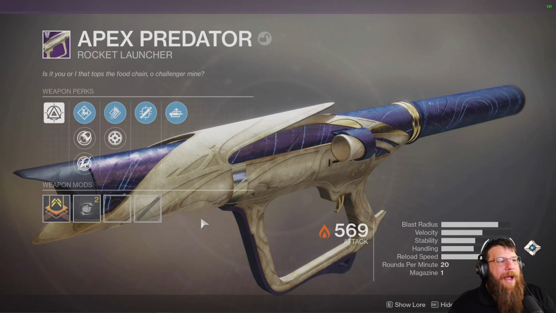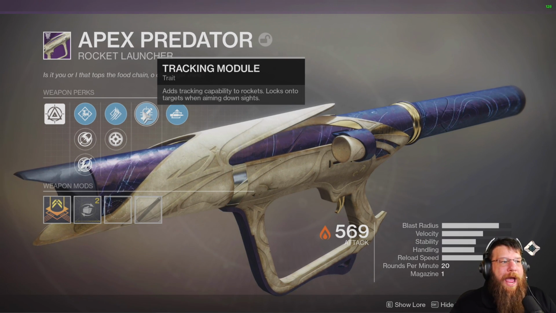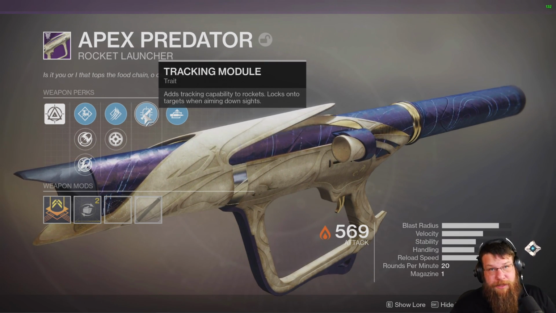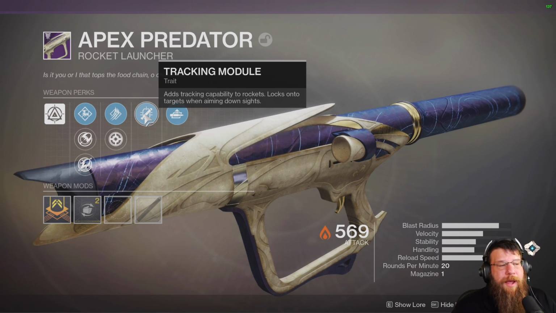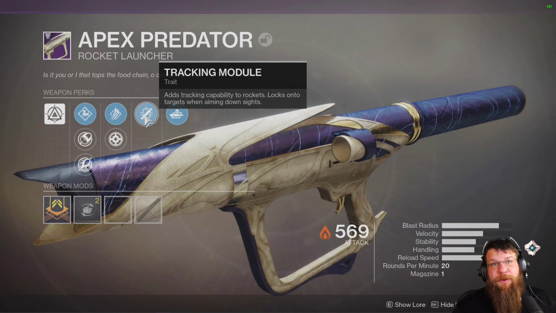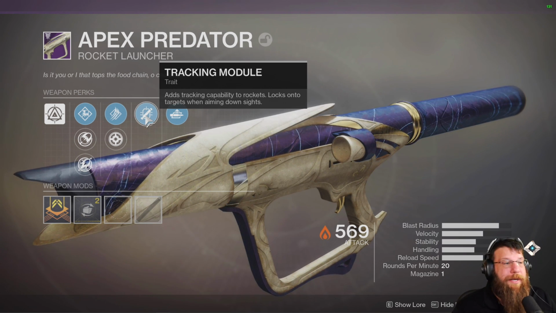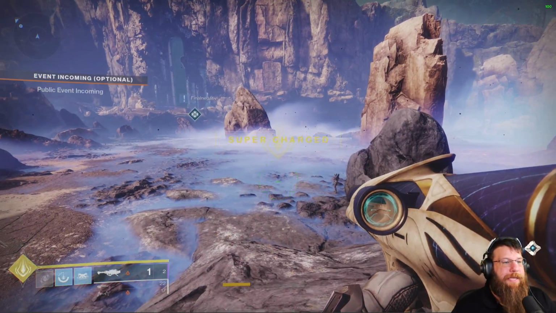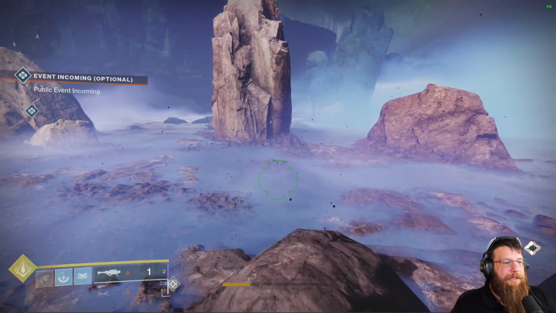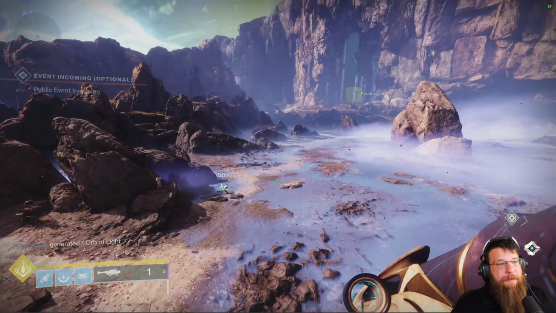The one thing about the Apex Predator is, as you can see, mine came with tracking. You can get a combination of tracking and cluster bombs on this rocket, which I think is worth it. Obviously, cluster bombs do extra damage. Tracking makes it so you don't miss. Having tracking on a rocket launcher, to me, is a nice to have. It just means I miss fewer rockets, which means that I'm going to use my ammo